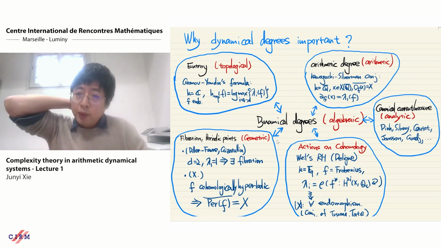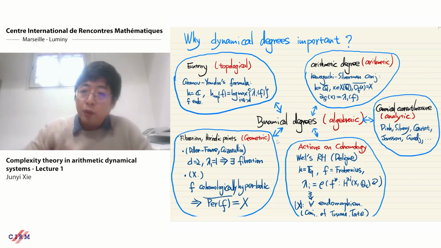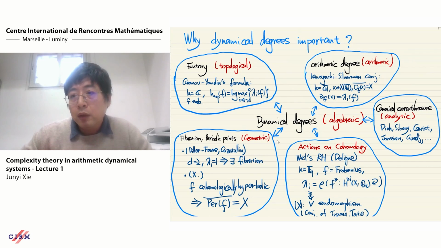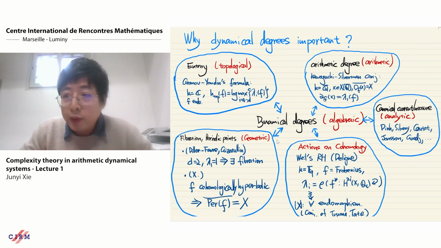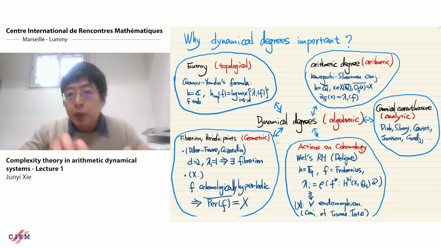I think we can think of this result as some analog of a conjecture of Smale. I think there is a conjecture that if you have some Axiom A map, then the periodic points are dense in the Euclidean topology, and I think this can be seen as some algebraic analog of this conjecture. And also for the dynamical degree, for example for endomorphisms, the dynamical degree is the spectral radius of f on the numerical group,